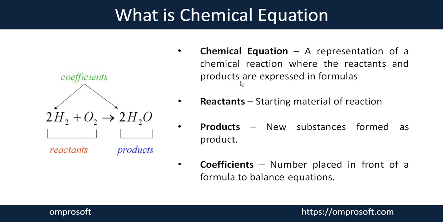can identify which are the reactants that take part in the reaction and which products form during the chemical reaction, and we get a complete representation of a balanced equation which helps us see how the chemical reaction moves on. So whenever we are writing any chemical equation, three things are mentioned. First is reactant, second is product, and the third is coefficient.